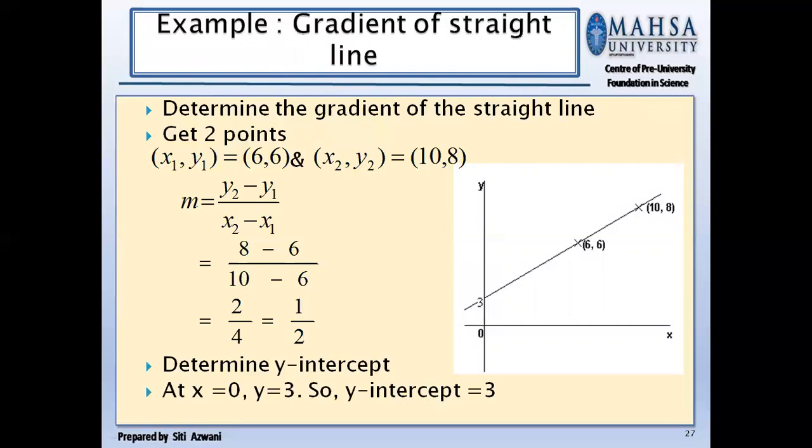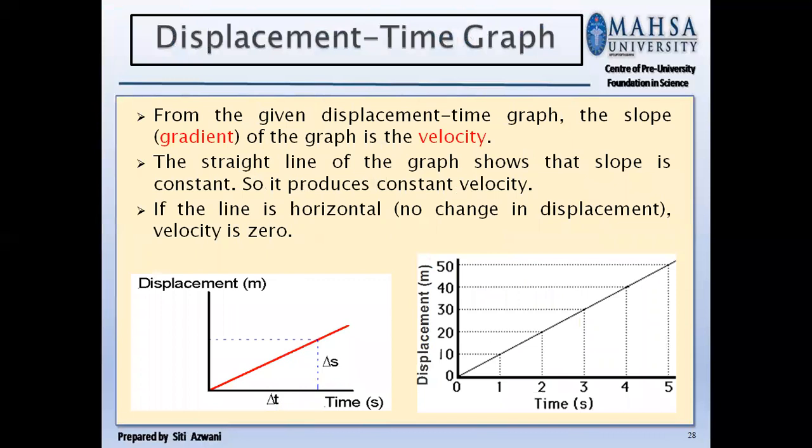How about the y-intercept? The y-intercept is where x is equal to 0. Y is equal to 3 when x is equal to 0. So the y-intercept is equal to 3. Is it okay, everyone? Next,